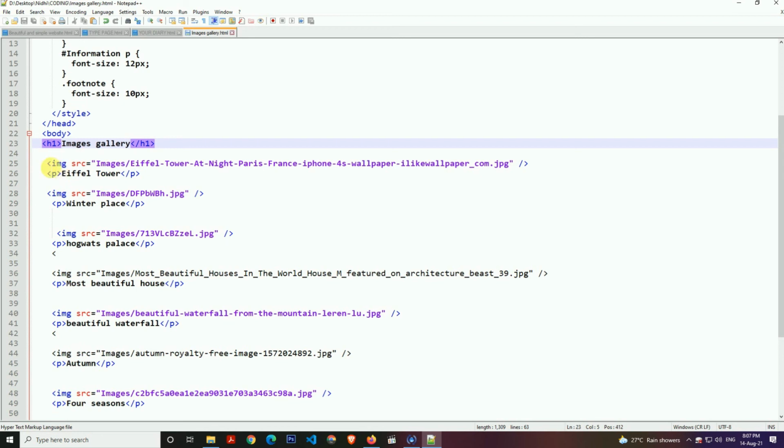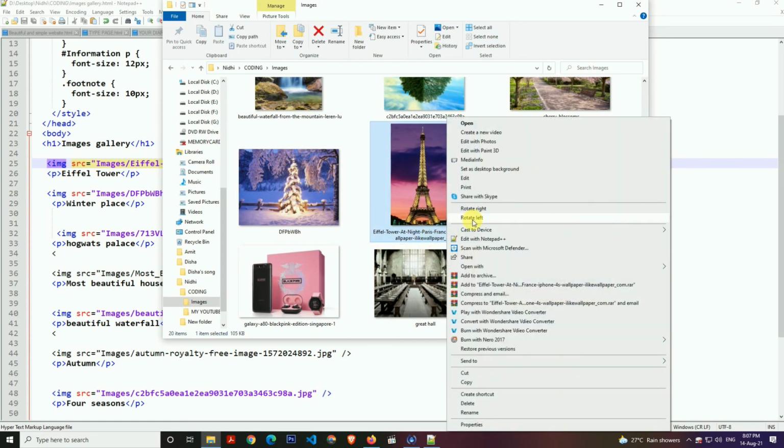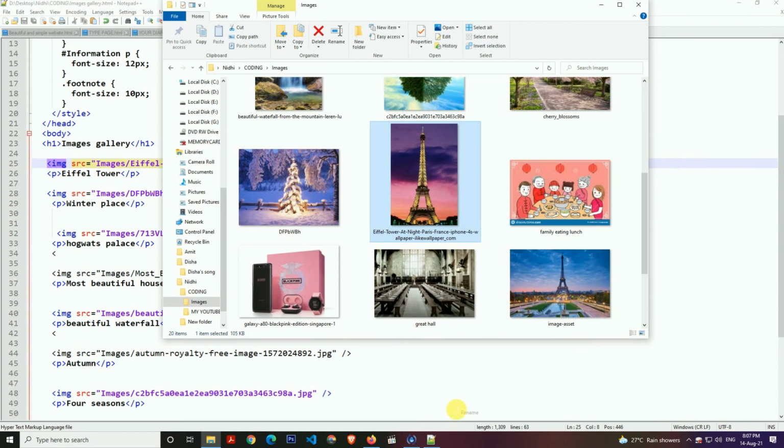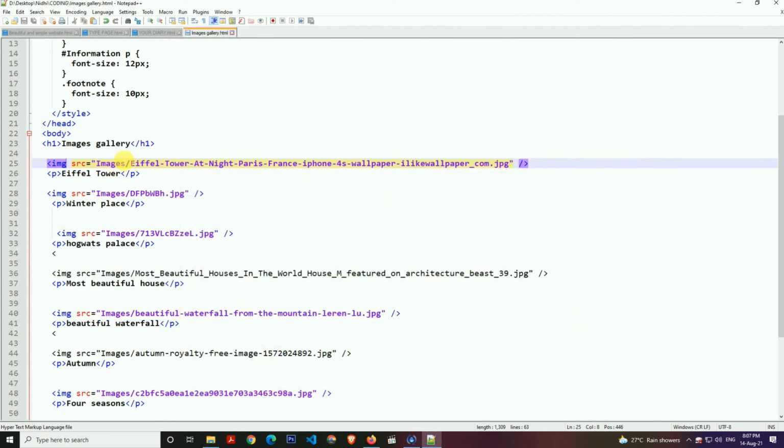See, now I have put the open bracket image src, src means source, equals double quotes images/Eiffel Tower. As you can see over here, I have ticked this Eiffel Tower. You have to just take this, rename it, and do Ctrl C and put this in your images. Now I have put your Ctrl C and Ctrl V, and my file is JPG, remember.